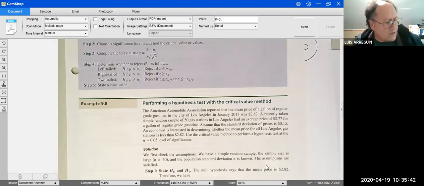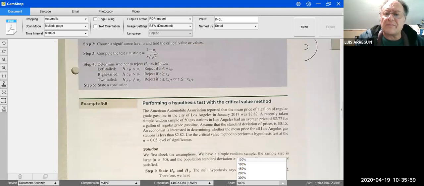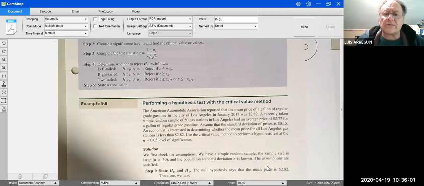The only thing that you're going to change in some cases are the sampling distributions, and in other cases the statistics that you're going to compute to make your decision. Maybe you just need to change alpha. So you need to read your problem very carefully. So let's read example 9.8. So it says that